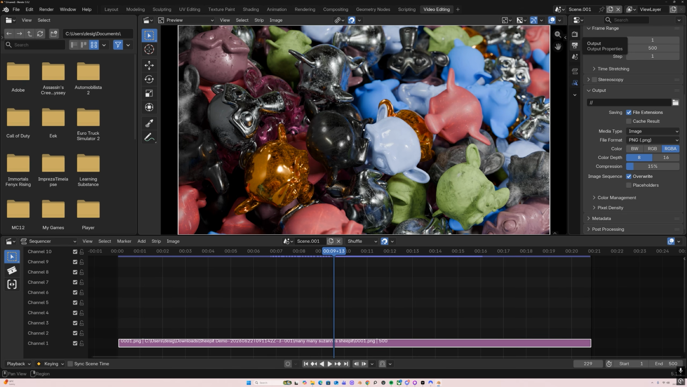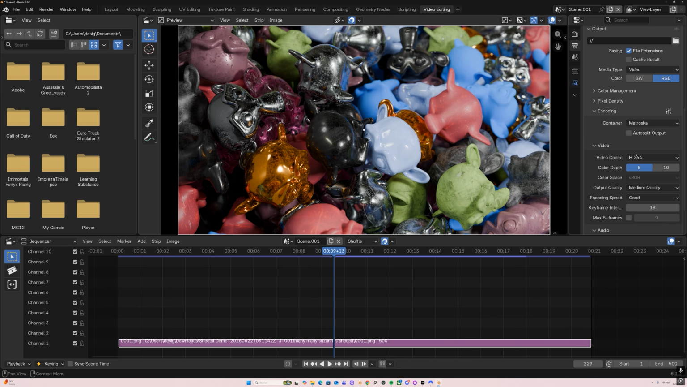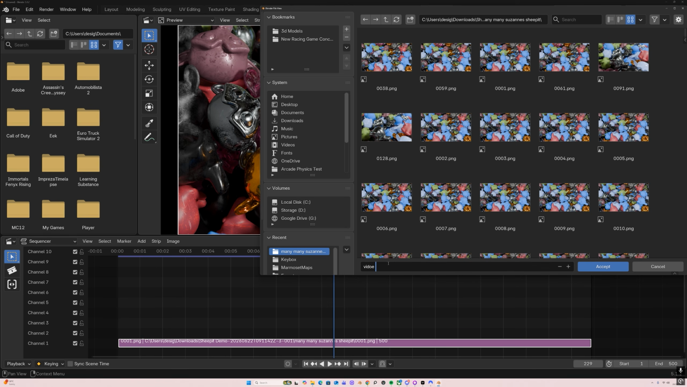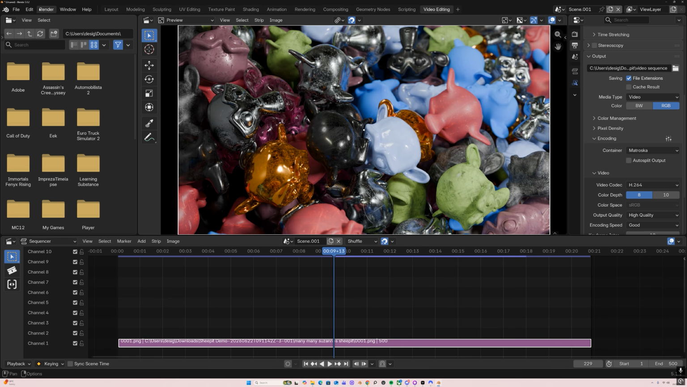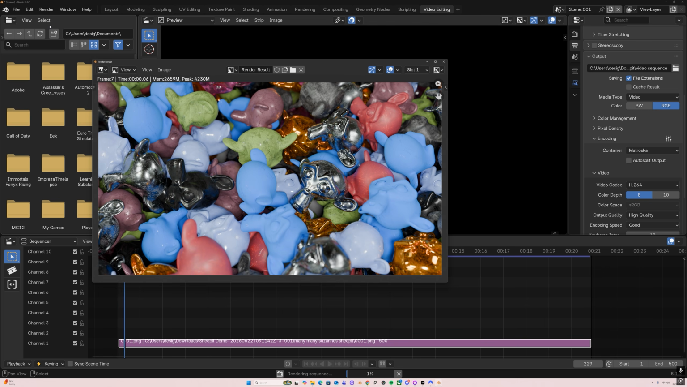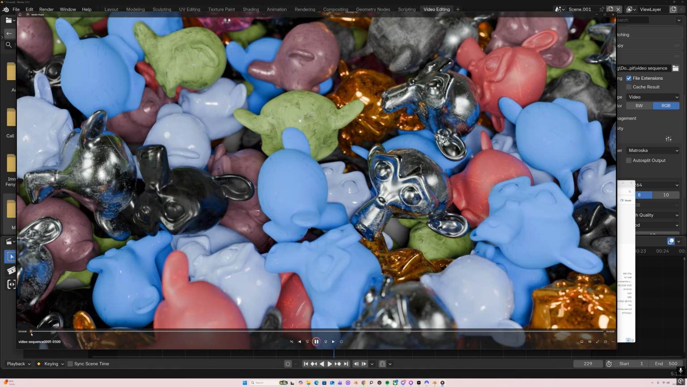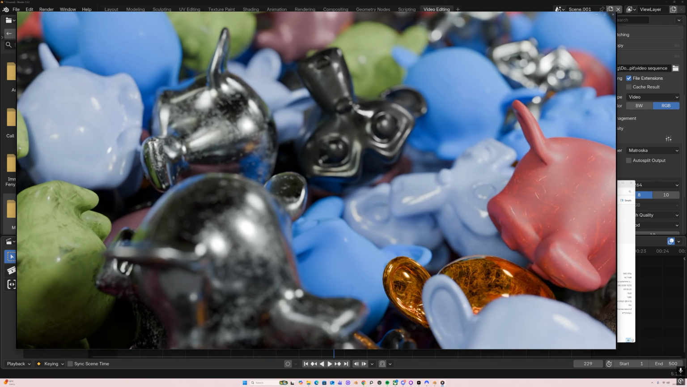So we're going to click on this output tab, change the media type to video, and then I'm going to keep it at this Matroska H264. Let's just bump up our quality to high quality. And then all we need to do is change your output to the folder that we want to save to. And then go to render animation. And there we go. We should have a nice 1440p high quality render of our sequence ready to send over